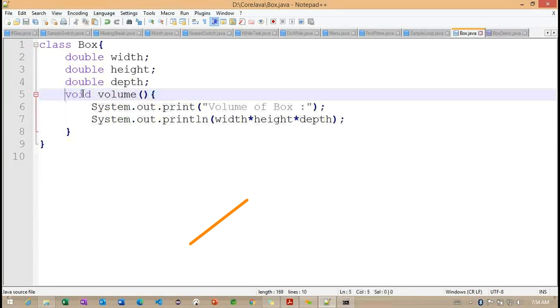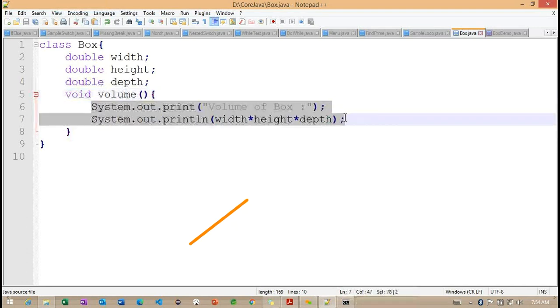When we define any method, we provide the method body, opening one brace and closing one brace. Inside this value method, if we want to perform anything, we can define it like this.